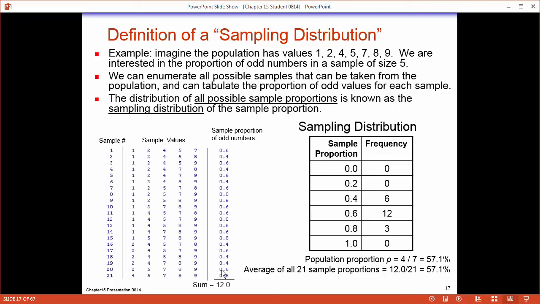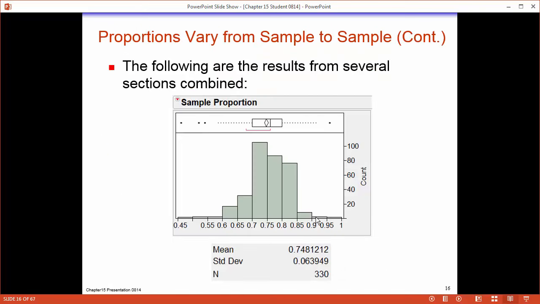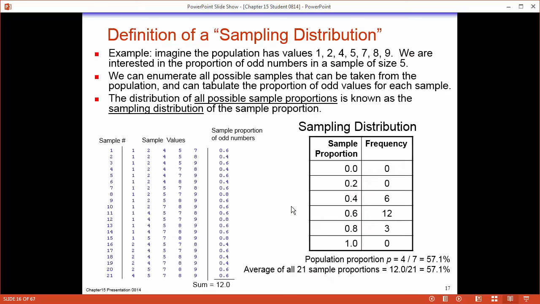If you notice, it kind of fluctuates down here. We do sometimes go a little bit high, and then other times we go a little bit low. But our simulation shows that we're going to observe the true proportion or close to. And think about this. In this example, we observed the true proportion or close to, and in the previous example, we observed 74.8. That's about as close to 75 as you can get. I mean, if I told you I'd give you $74.81, you'd be like, okay, that's basically $75. So we're noticing that we will observe the true proportion a lot of times when we do multiple sample proportions.